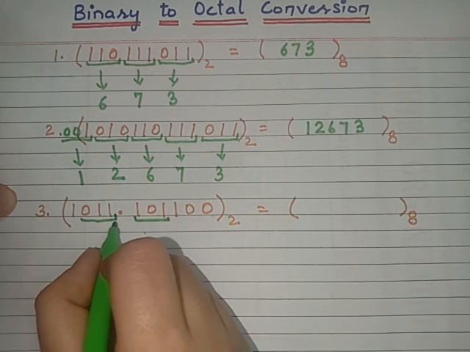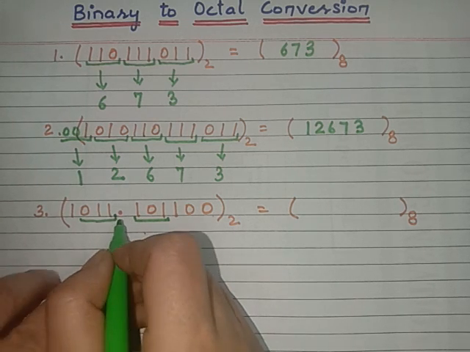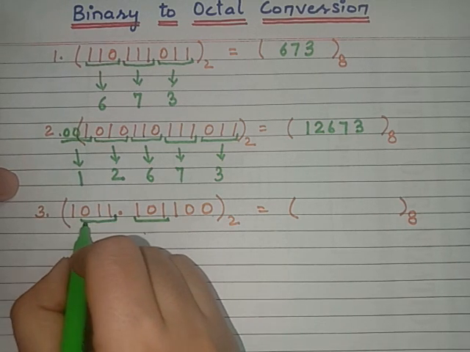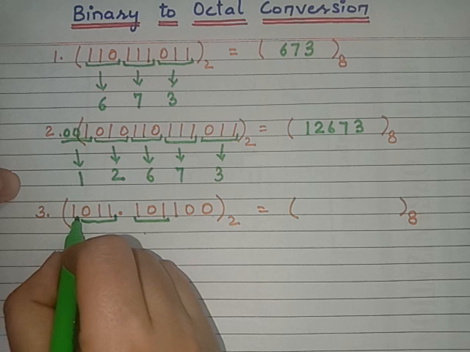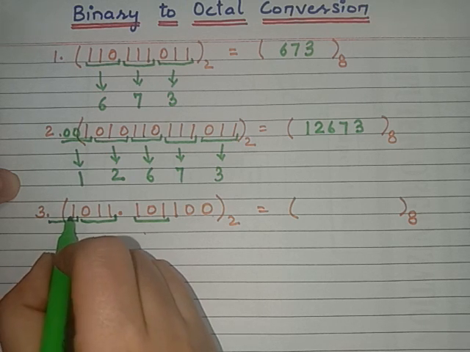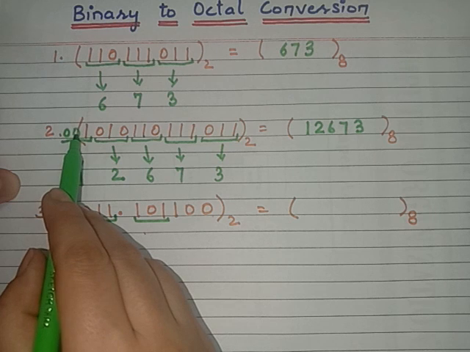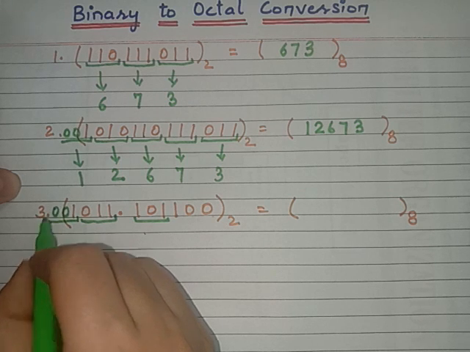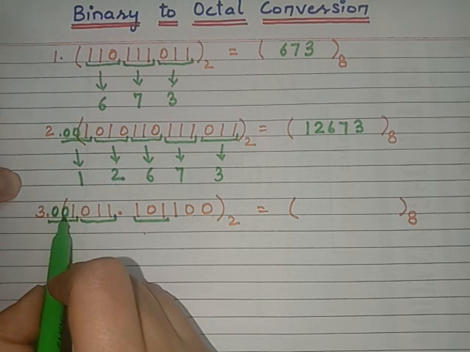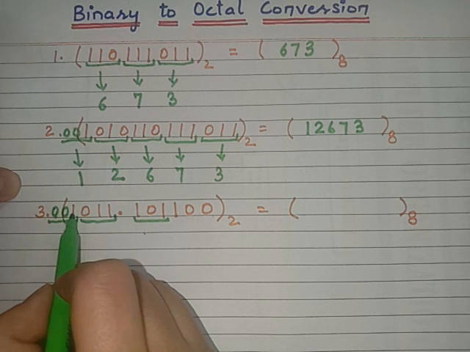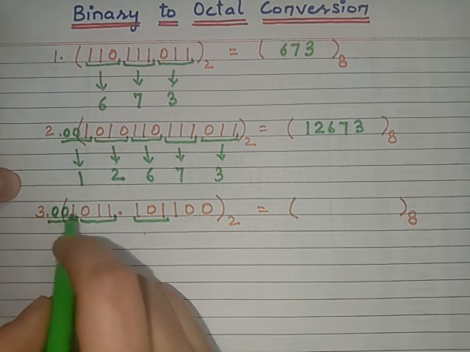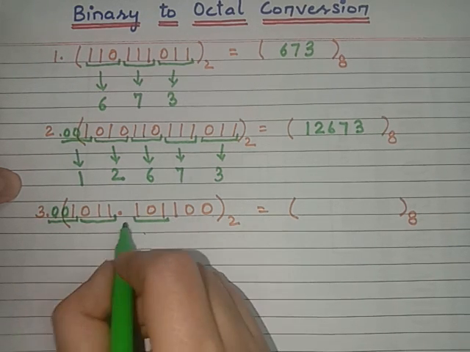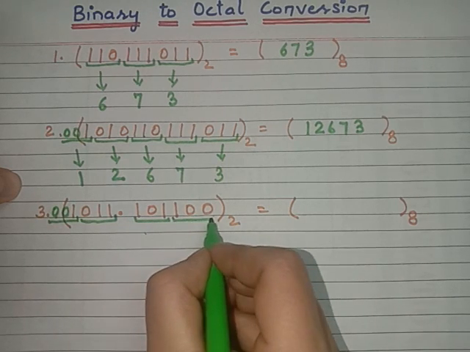So first of all, suppose I am going to make the groups towards the left-hand side starting from the decimal. So this is our first group, and for the next group, as we are having only a single digit, as we have done in the last example, we can add as many zeros as are needed over here to make it a 3-digit number. I am adding 2 zeros here, and from the decimal we have to make the groups on the right-hand side also. This is the first group and this is the second group.